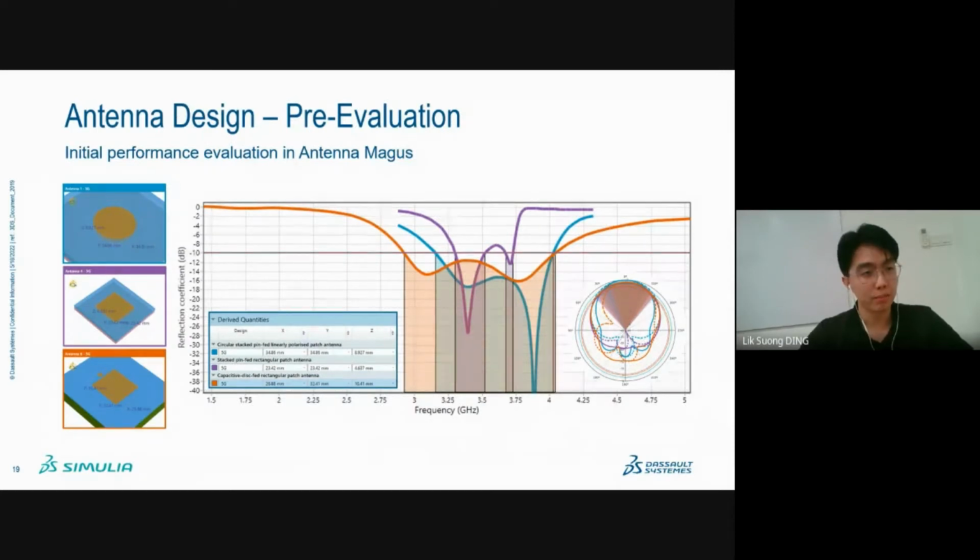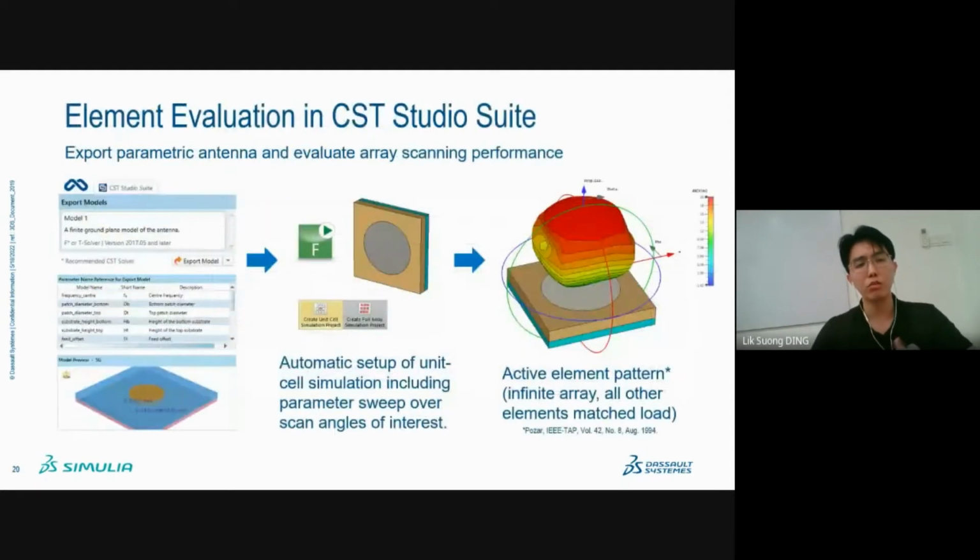In this example, we can see there are 3 different candidates, and each have different behavior. And these simple simulations can be done directly inside Antenna Magus. And once we have a few candidates in mind, we can export them into CST and run a detailed simulation